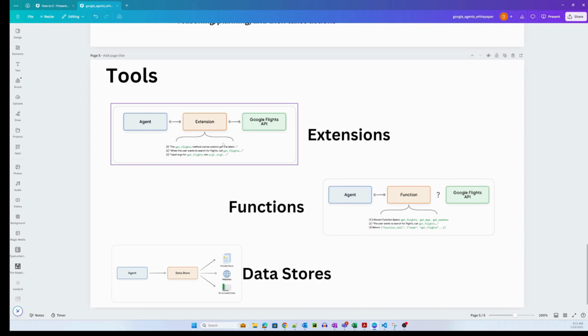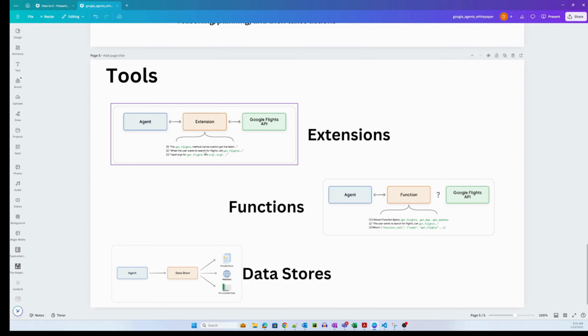At least this is what the white paper says, and this is a concept that we haven't seen. You teach the agent how to use the API through examples. That's the premise there. And if you see here, you're telling the agent that if there is a get flights method that is already written, when the user wants to search flights, the input arguments for that particular flights are whatever the argument 1 and 2 are, for example, right? You can explicitly do that, something similar to what we have written.